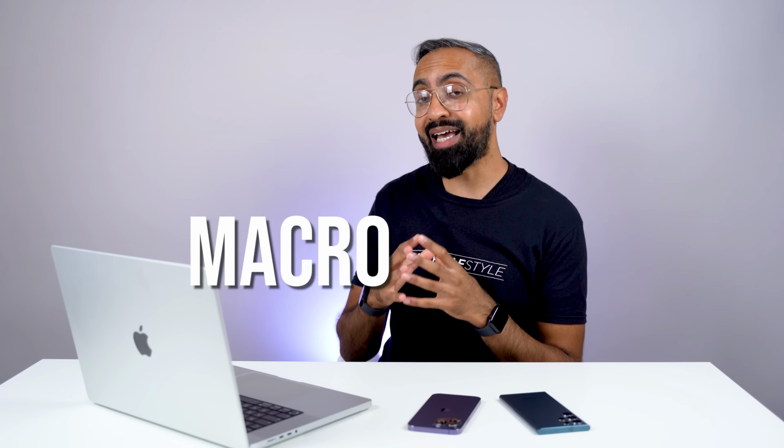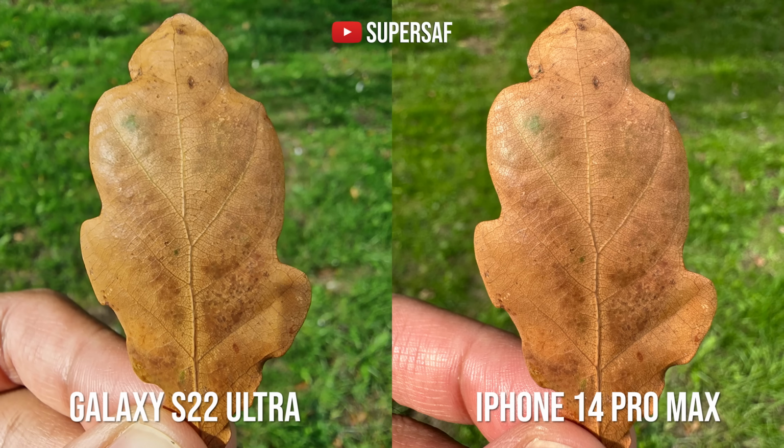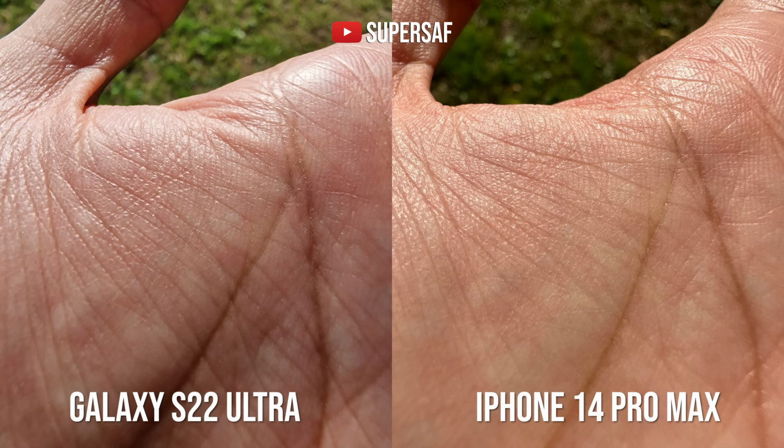Now, both devices can shoot macro photos from the ultra-wide cameras, and they both do an excellent job with lots of detail. You can focus in a little bit closer with the iPhone compared to the S22 Ultra, but generally speaking, I do like the detail on both images. Here, I just took an image of my hand, and look at all the little details in my hand. I mean, both are doing